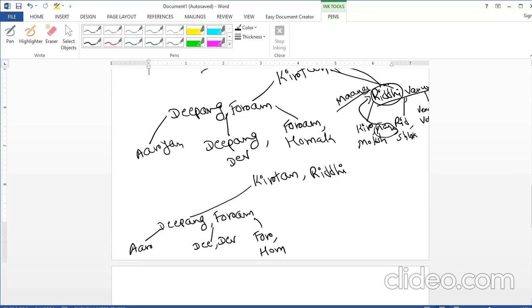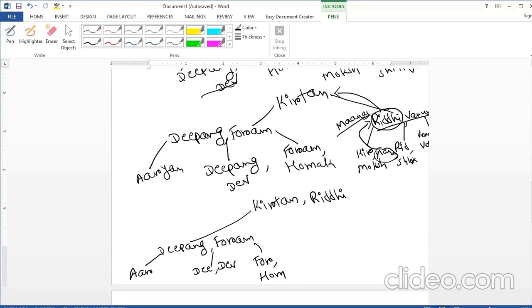Then in the next level, in the right pointer, this pointer will have Manas as one value, and here we will have another value which is Riddhi and Varun.